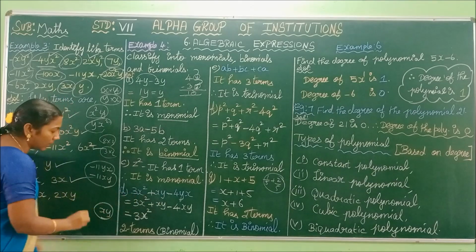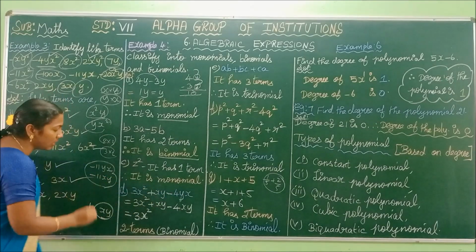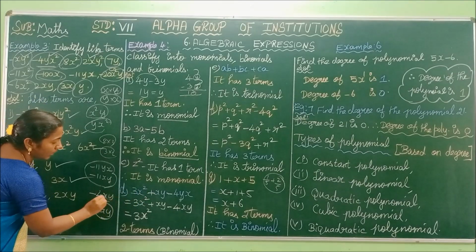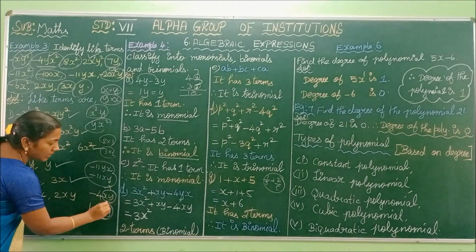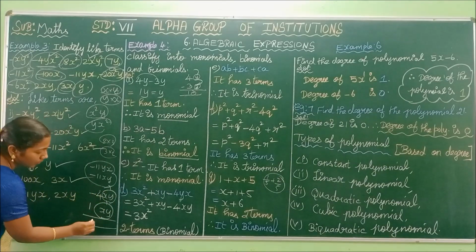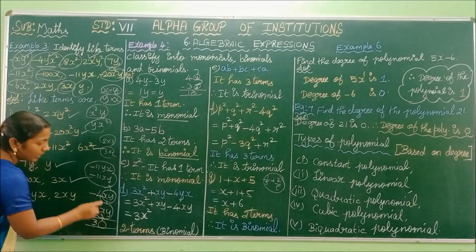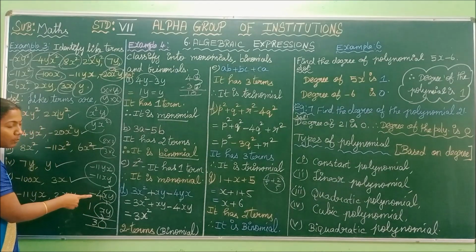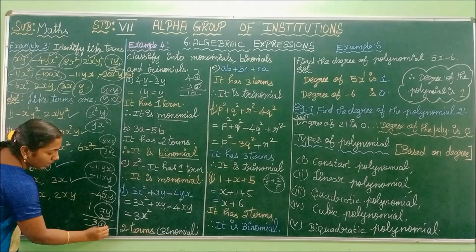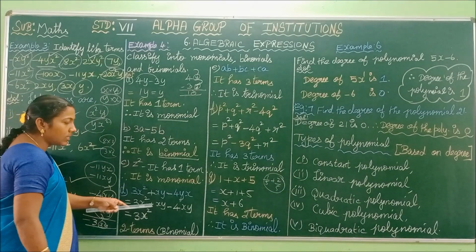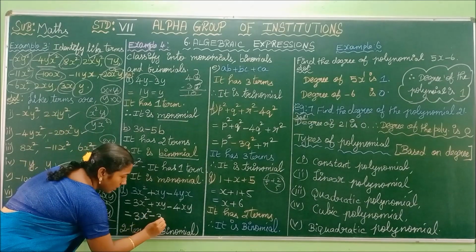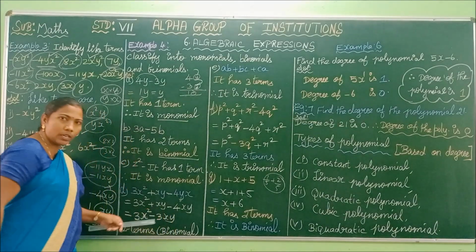See here you have xy, this is one term. What is the coefficient of xy? 1. Here you have minus 4. Instead of writing yx, I am writing xy for your understanding. Okay, thus 4 apples, here 1 apple. If you subtract 1 apple from the 4 apples, what is your answer? 3 apples. But here, which is the larger number? 4. What is the symbol for it? Minus. So your answer is minus 3 apples. Instead of apple, you have to write xy. So here, plus xy minus 4xy becomes minus 3xy. I hope you understand. Okay.